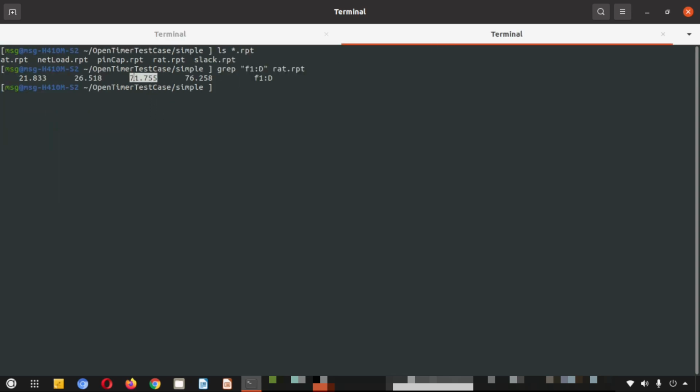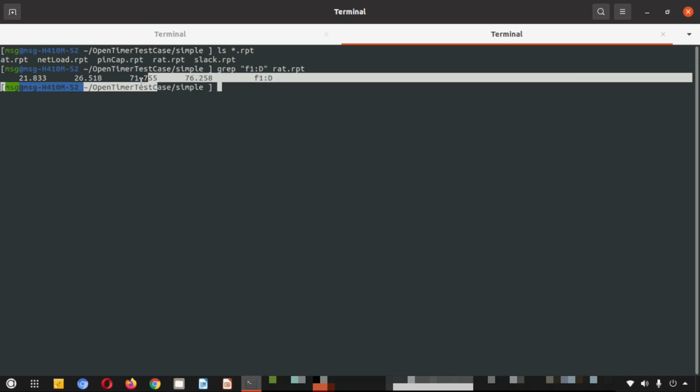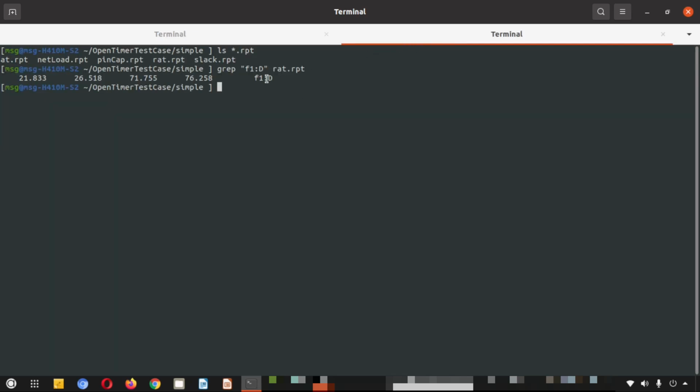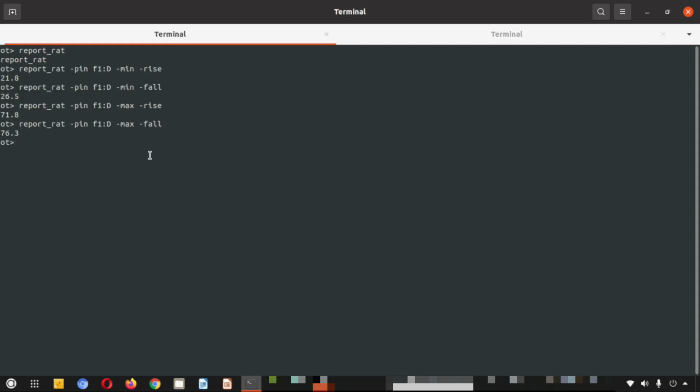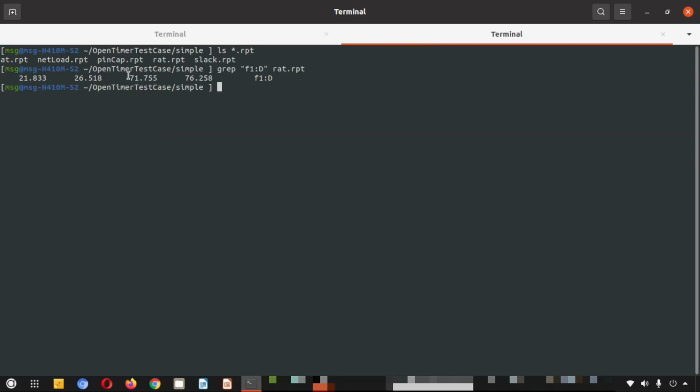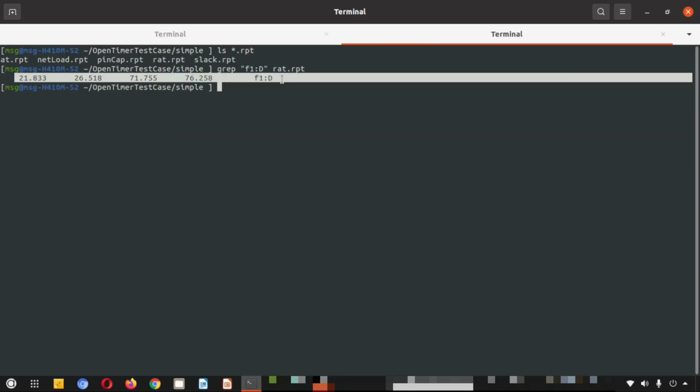This is approximately 71.8 if we round off these two. And this is 76.3. If we round off the decimal places, this is coming as 76.3. This way we get the four values of min plus rise, min plus fall, max plus rise and max plus fall in the table. So here I have grabbed one row from the table for the F1:D.